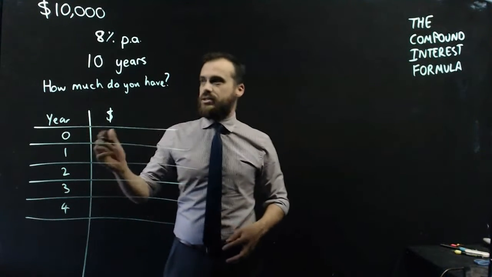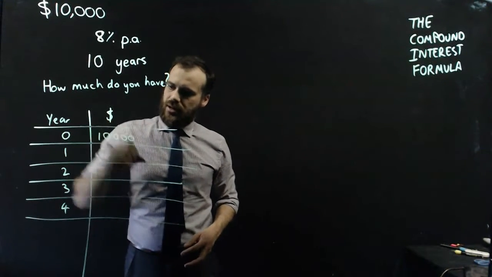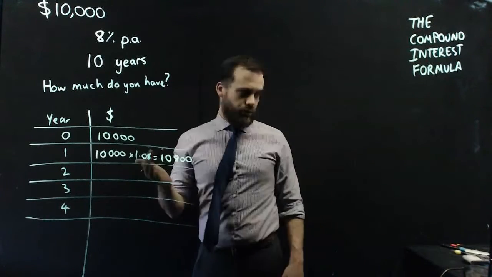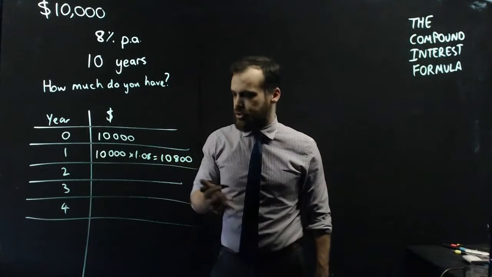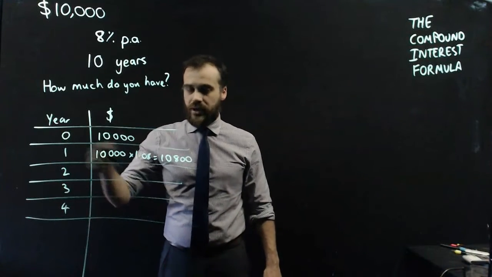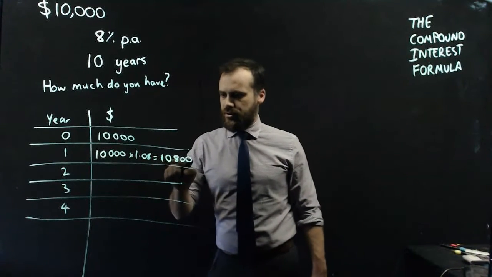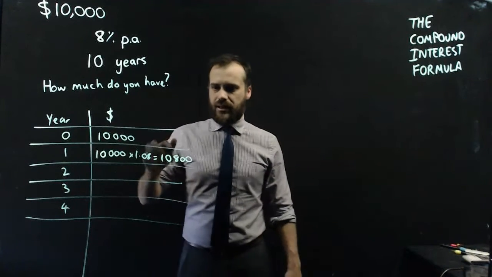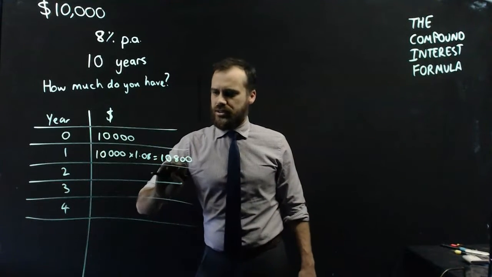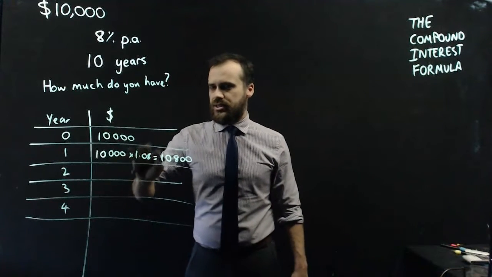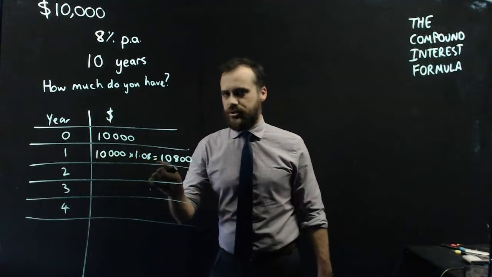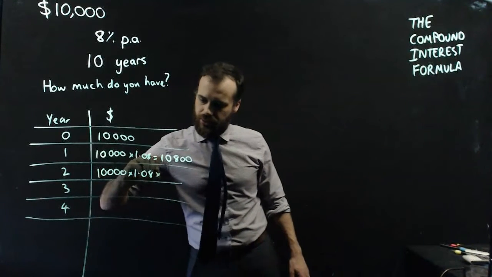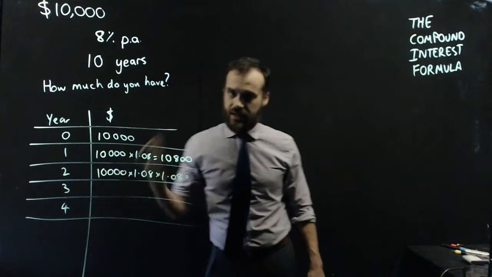At the start of year 0, we have $10,000. Now, at the start of year 1, we'll have $10,000 times 1.08, or just $10,800. Now, 1 year later, we're going to have $10,800 times 1.08. But let's not write 10,800 because 10,800 came from this bit. So instead, I'm going to write 10,000 times 1.08 times 1.08. That's my 10,800, and then I'm going to multiply it one more time by 1.08, and that's going to be